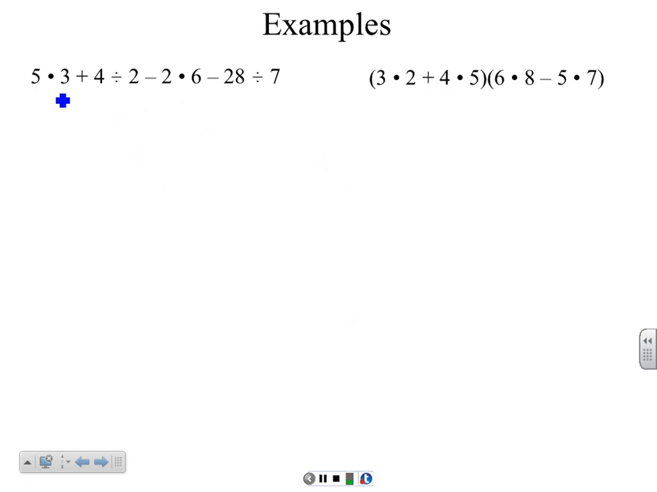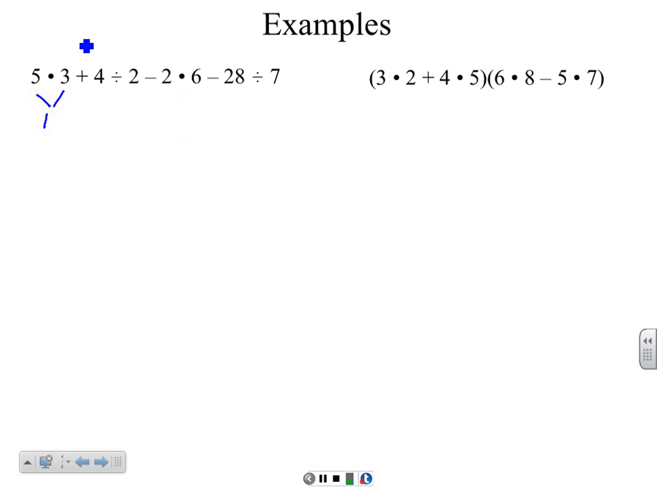Okay, let's look at this problem. In this problem, you see that we have multiplication, division, addition, and subtraction. So what we're going to do is go through and clear all of the multiplication and division symbols first. So here we have 5 times 3,